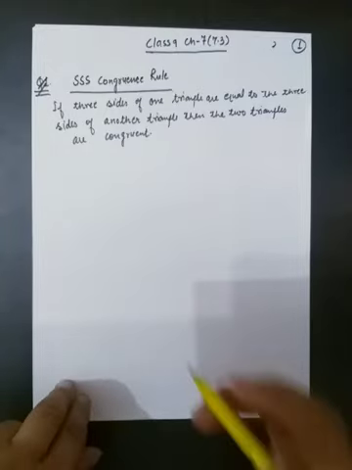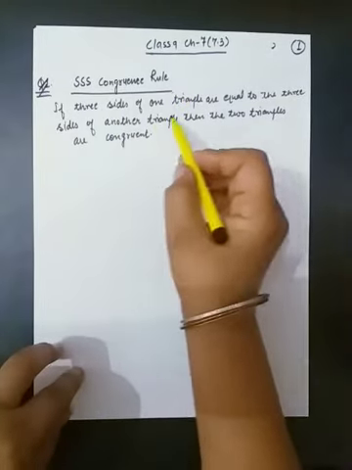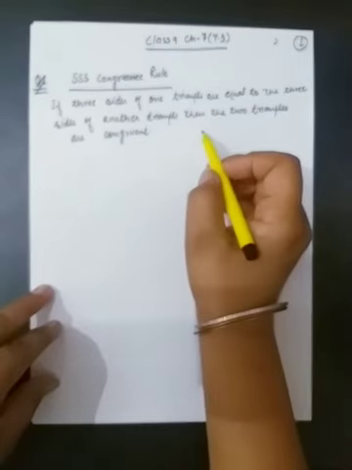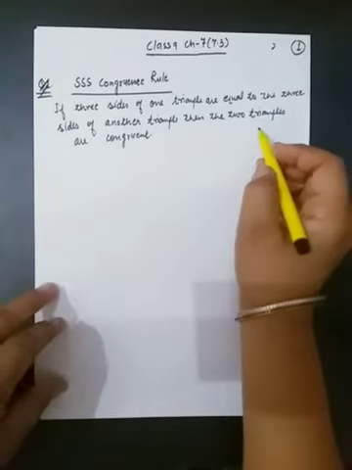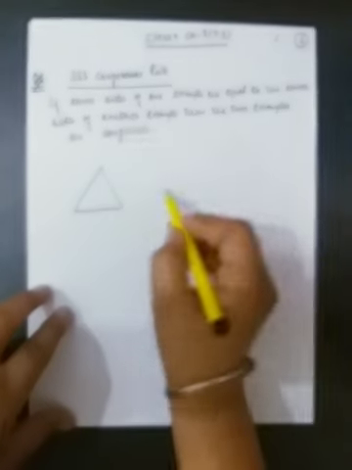Today we are going to start our next exercise of chapter 7, exercise 7.3. Before that, let us remind the SSS congruency rule. What does this congruency rule say? If three sides of one triangle are equal to the three sides of another triangle, then the two triangles are congruent. Means if you are having two triangles